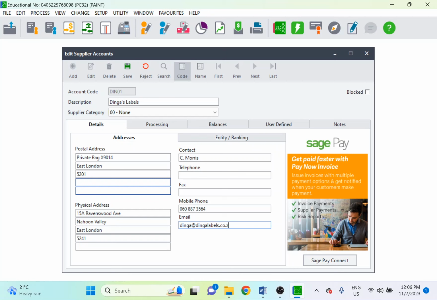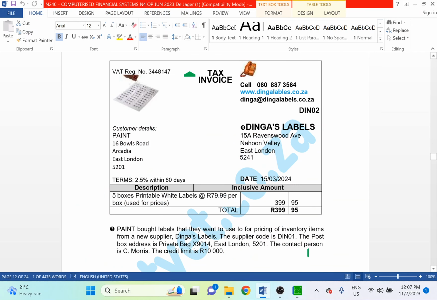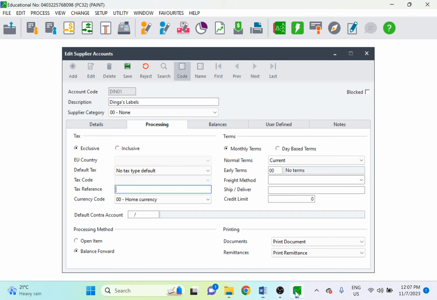dinga@dingalabels.co.za. Now after that, we go under processing. Under processing, we have the tax reference. This is the tax reference, VAT registration number. Our tax reference,